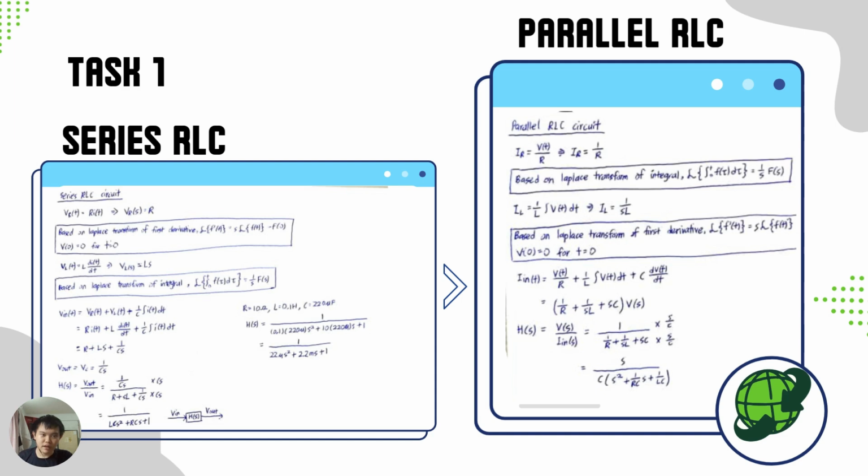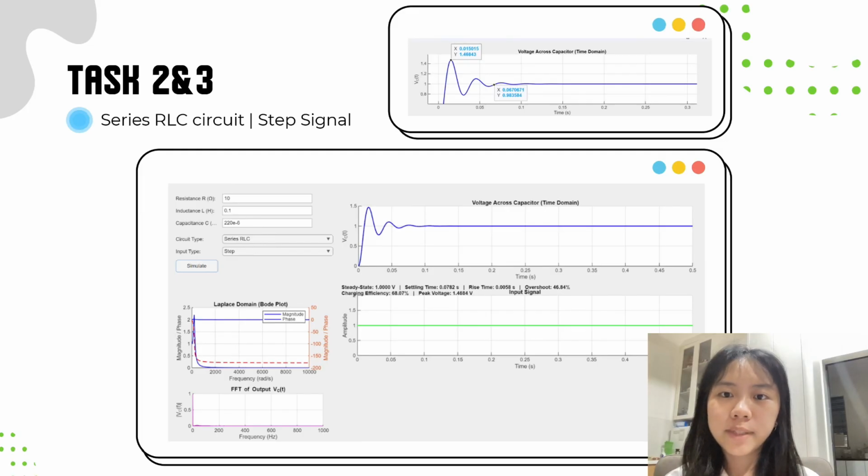For parallel, it's the same, but we just change the voltage to current, VR to I. So for IR it is 1 over R, for IL it is 1 over SL, for C it is SC. Then we do some modification, and we get S over C, bracket S squared plus 1 over RCS plus 1 over LC. For the series RLC circuit with a step input, the capacitor voltage shows underdamped behavior with 46.84% overshoot